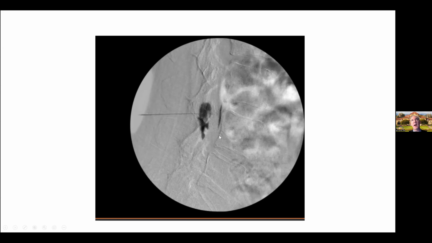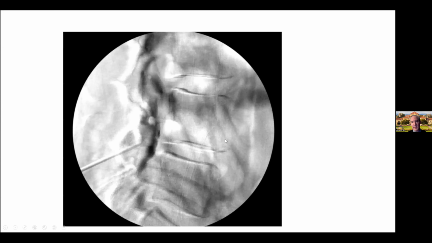But how would I go about establishing that definitively enough for a surgeon to go in there? So we brought her back later, and about a month later, did it again. So there's the intrathecal fluid that entered from the epidural space. And this is a repeat of the patch. This time I've come in deliberately a level below, injected a large volume of contrast in the epidural space to get it to spread up to where I thought the fistula was. And you see this little faint line here that appeared on the digital subtraction images. And that was enough to get our surgeons to go in there, and they found this.